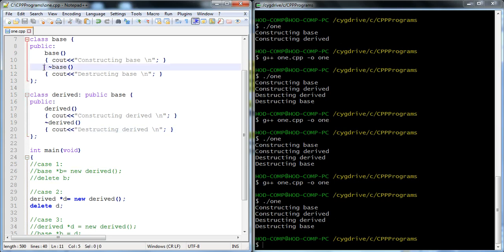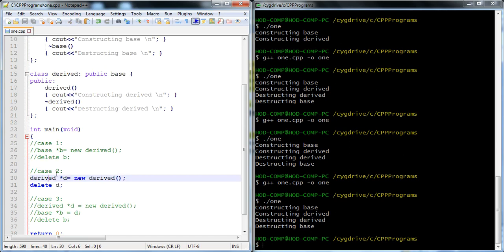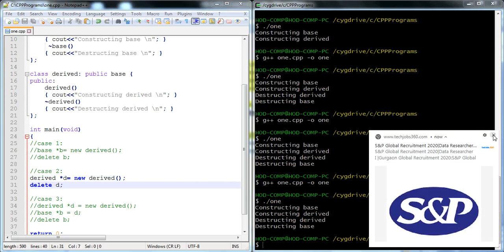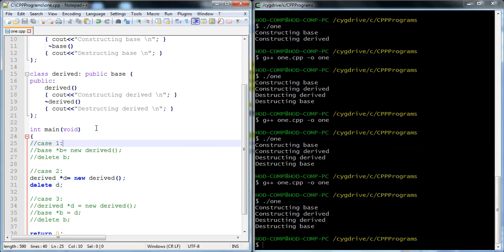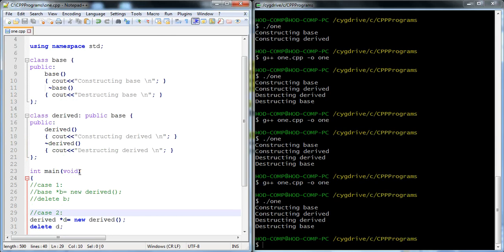Then we need to mention virtual as a keyword for the base class destructor, and it works as a virtual destructor, which means it automatically calls the derived class destructor. Here if we use the derived class object, then it executes properly, right? That is the actual basic difference of a virtual destructor, right?